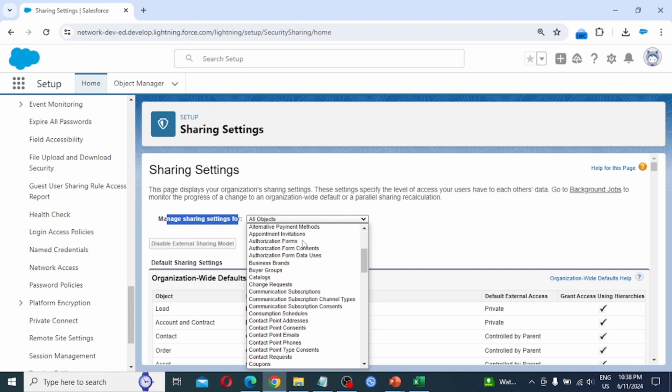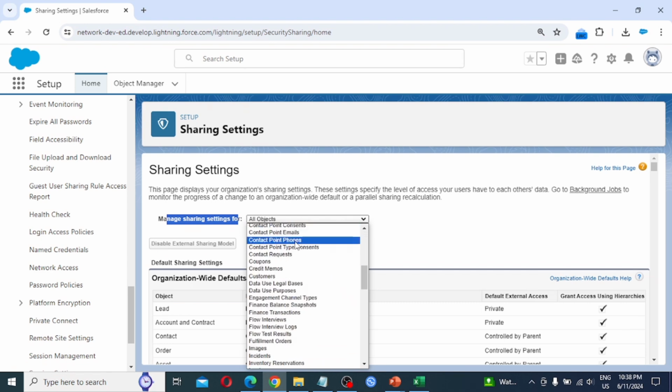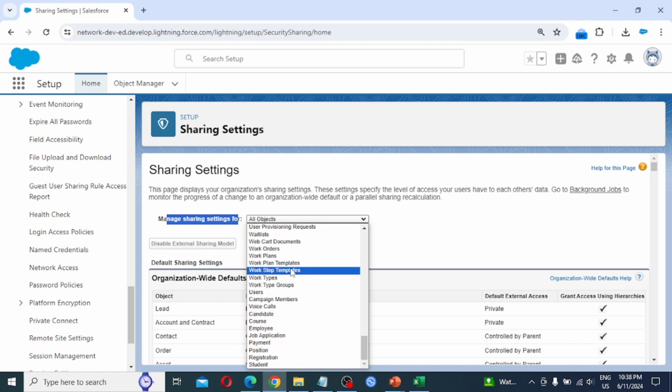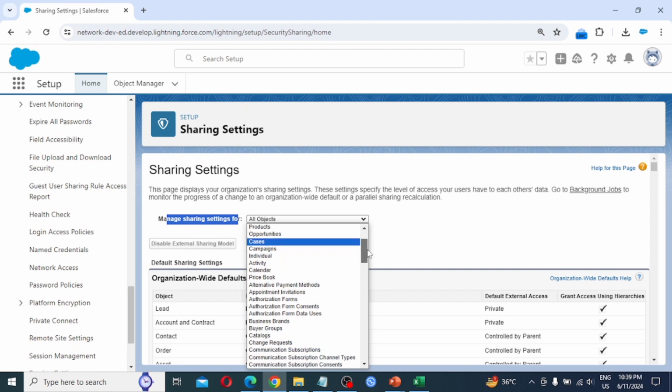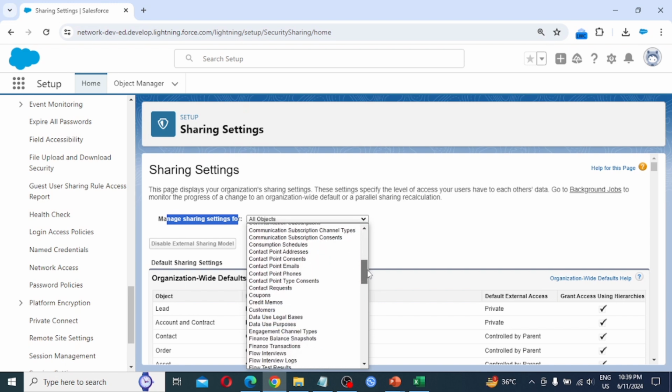We can choose a particular object also from here. So all the standard objects are coming over here: leads, accounts, contacts, orders, assets, products, opportunities, cases, campaign, individual, activity, calendar, price book. These are all standard objects.